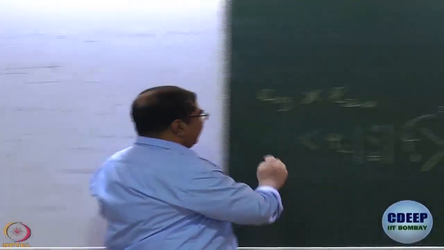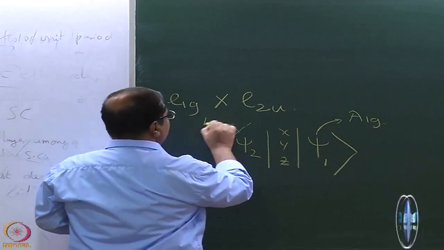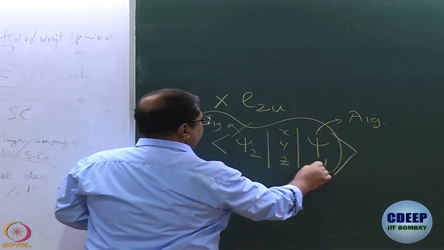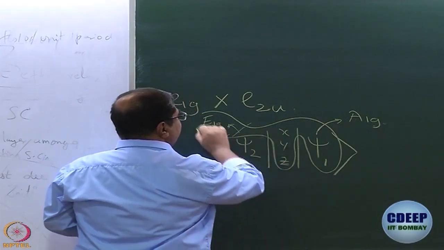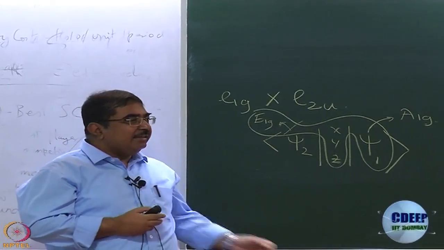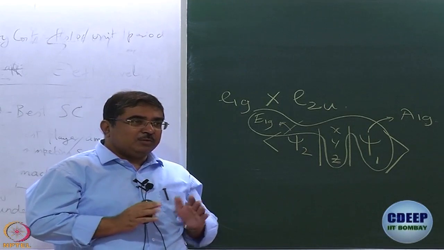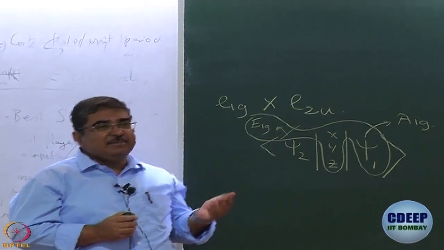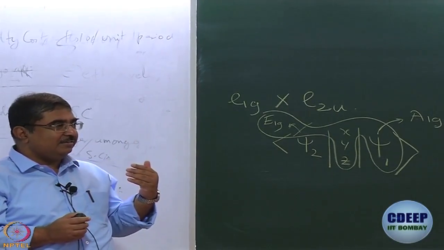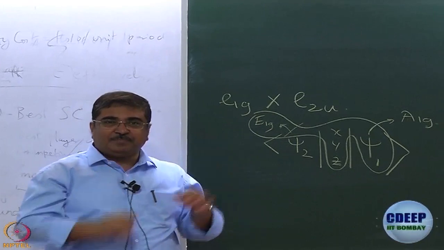Let us say we are talking about the first one we have written, E1G, E1G. The question is, does one of these triple products contain the totally symmetric representation? Remember, the integral is going to be non-vanishing when the integrand is totally symmetric. So what we really have to do is find the symmetry of the triple product and see whether it has A1G or not. Agreed? Great.